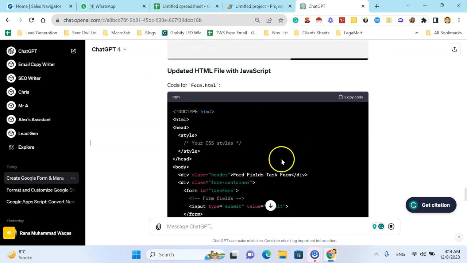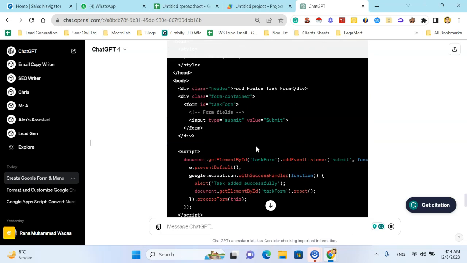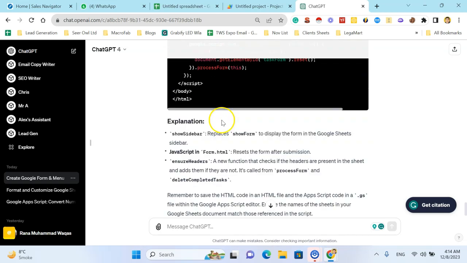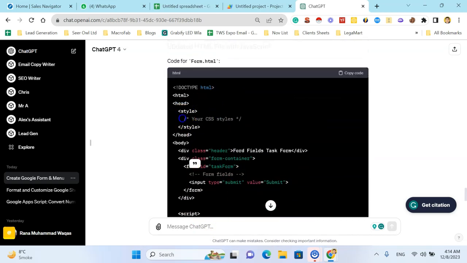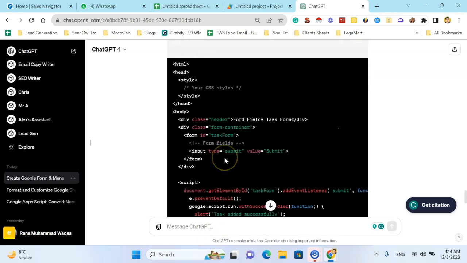Now it's writing the HTML. Okay, here we have to replace the form fields actually and CSS. Okay, now it's not writing the complete code. It's saying something, your CSS here, your form fields here. So